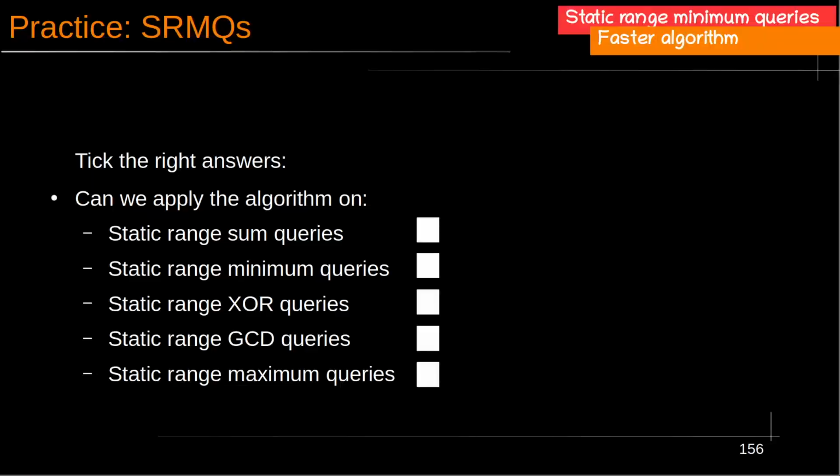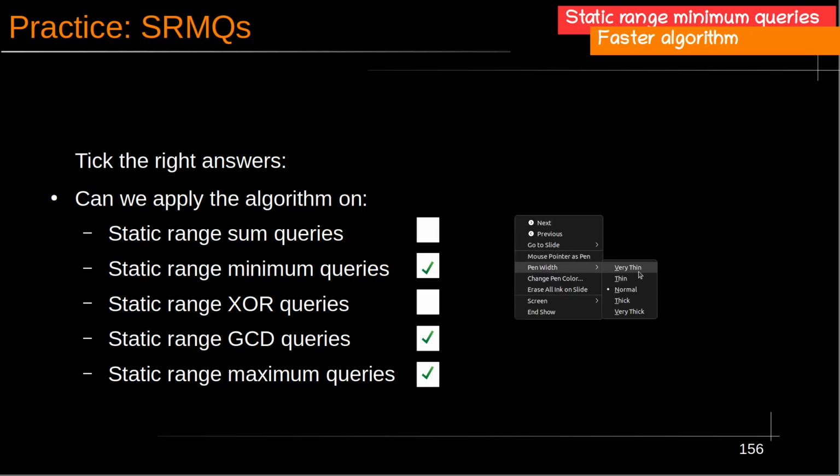Okay. For practice, try to answer this question. You can pause the video and try to answer it. So the answers here: can we apply the algorithm on static range sum queries? No. Static range minimum queries? Yes. Static range XOR queries? No. Static range GCD queries? Yes. Static range maximum queries? Yes. Because as we have seen,